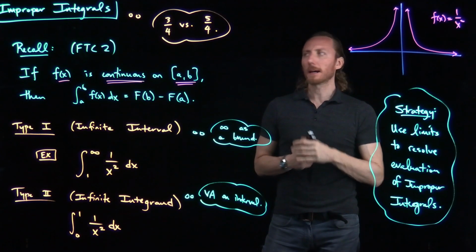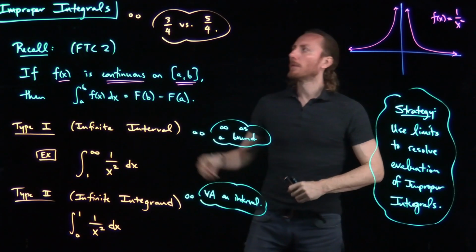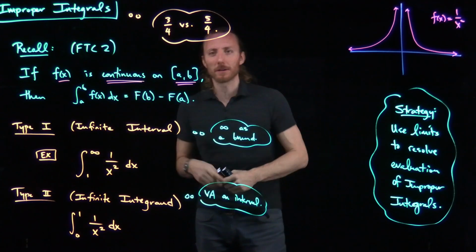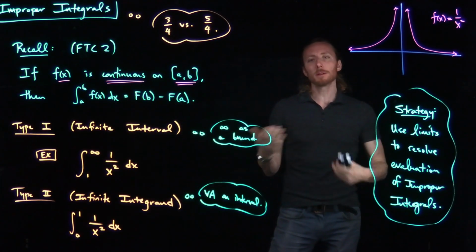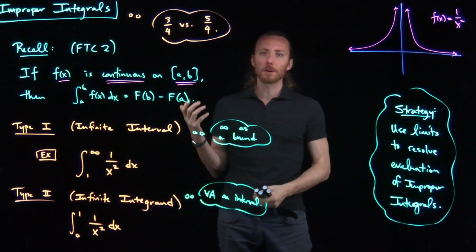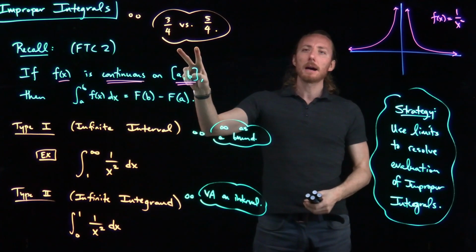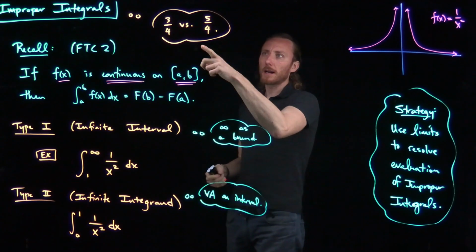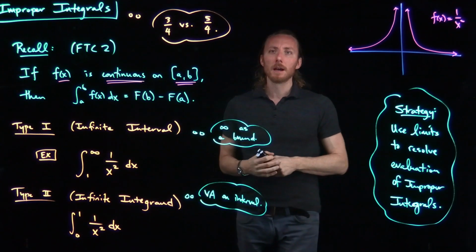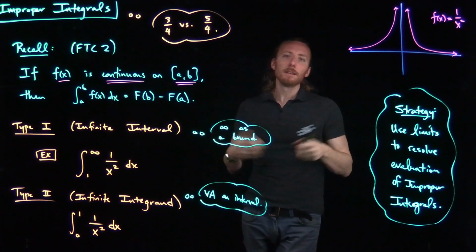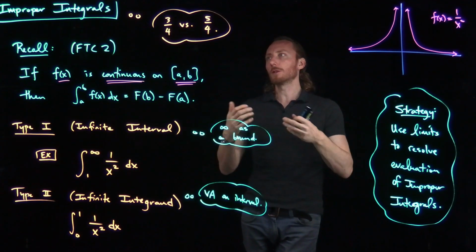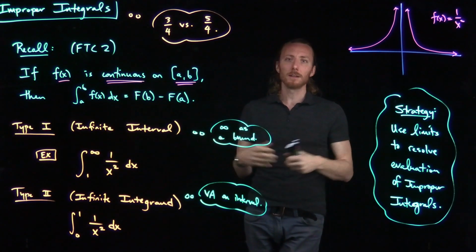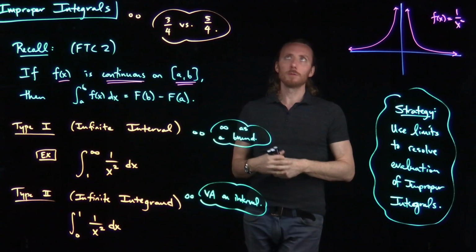All right, welcome back. So today we are going to discuss improper integrals, which in spirit, I suppose, the nature of the word improper is sort of akin to how we use the word improper when relating to fractions. So here we've got the fractions 3/4 and 5/4. I mean, 5/4 is still a fraction. It's just improper because of the way in which we define a proper fraction, being that the numerator is smaller